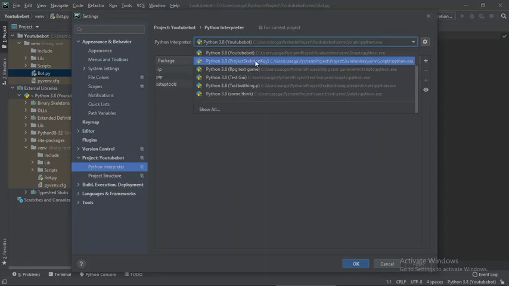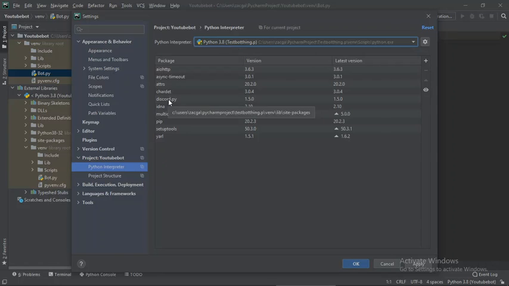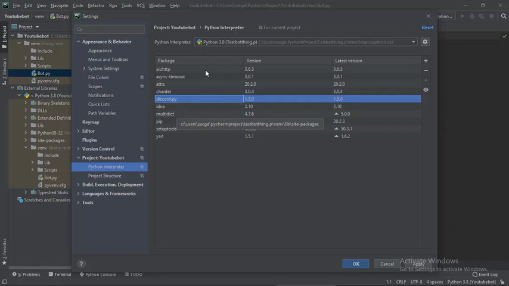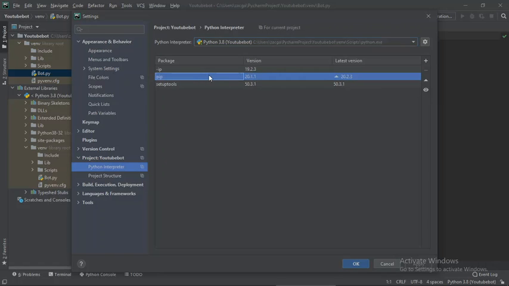So you can see I have all these here, but you're not gonna have this. The imports that you're gonna need are discord.py, asyncio, and I believe that should be it, right? Yes, that's all you're going to need. So to import packages, you're just going to double click one of these packages here. I'm just going to double click pip,